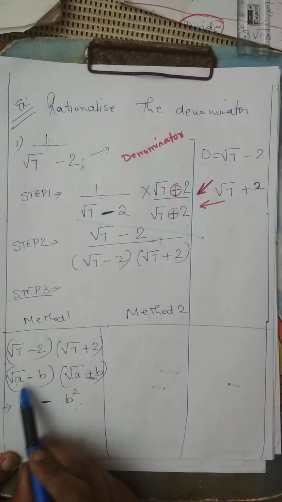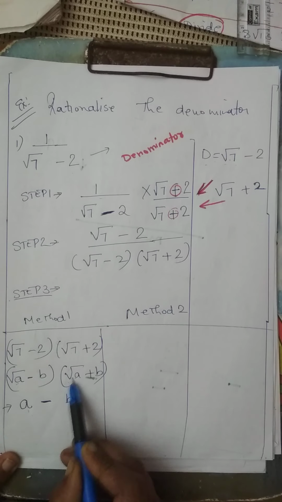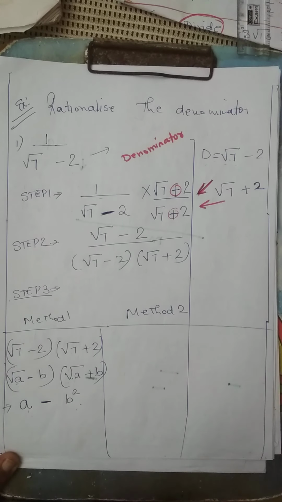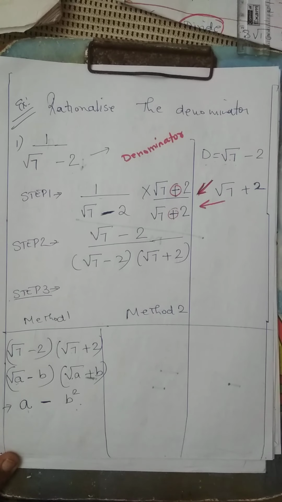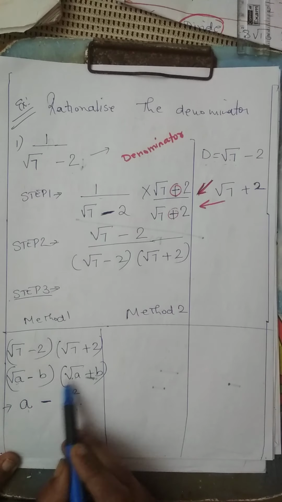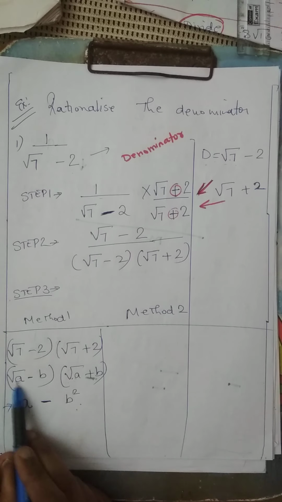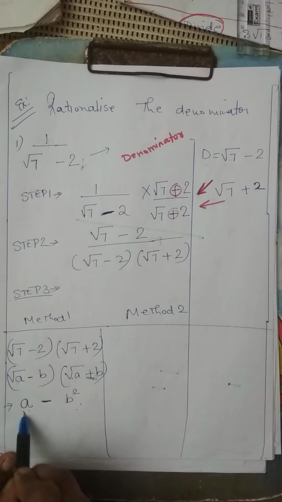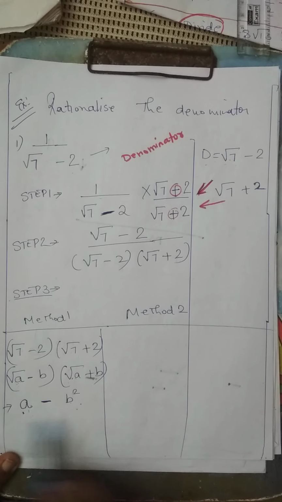Please focus. See, when I explain, I give you all also tips. Root A into root A. So suppose you forgot the formula, children. You forgot, assume. So then ask yourself, remember what I am saying. Multiply this 2 times. When you multiply it 2 times, any irrational number of the same kind, you get the number back. You get it without the root sign. And B into B is B square. So this is the formula.